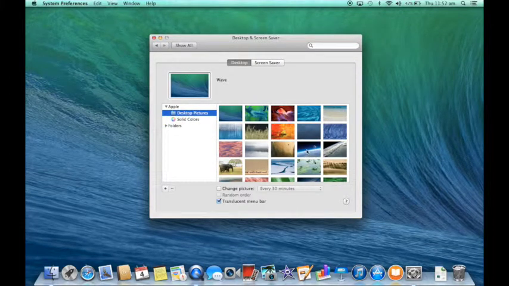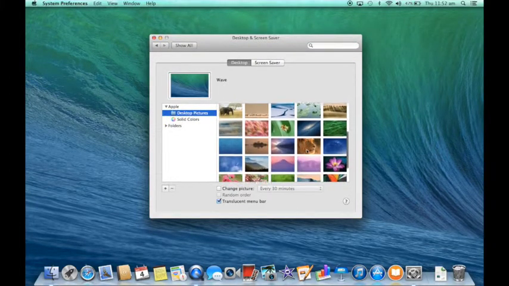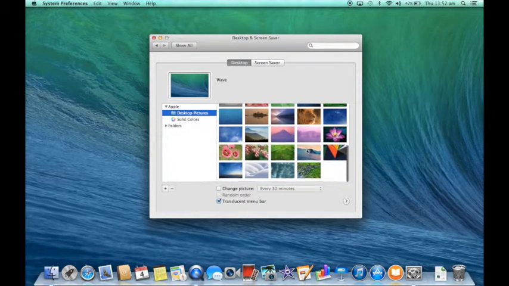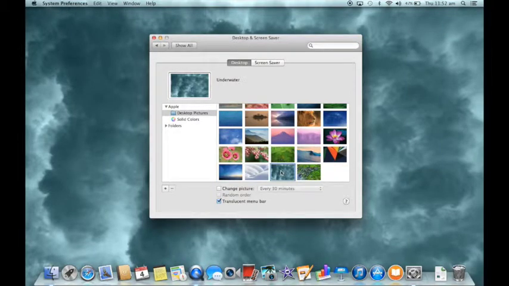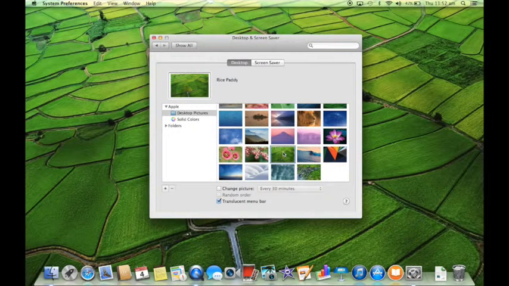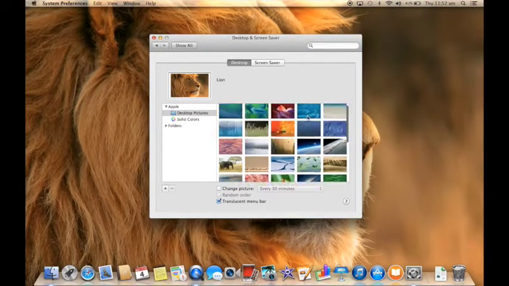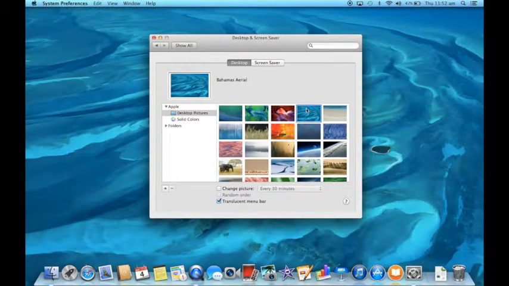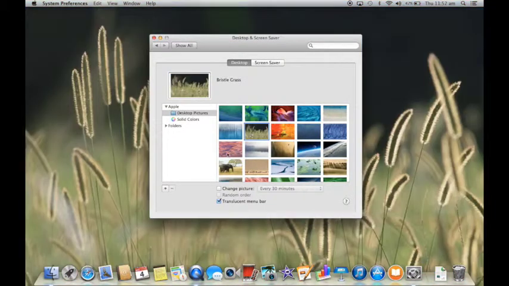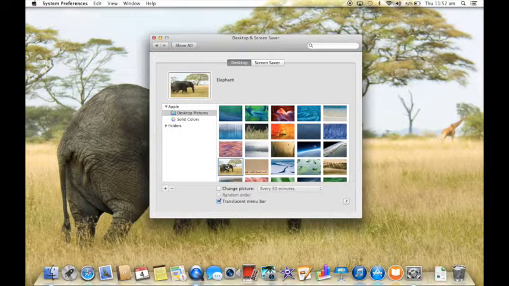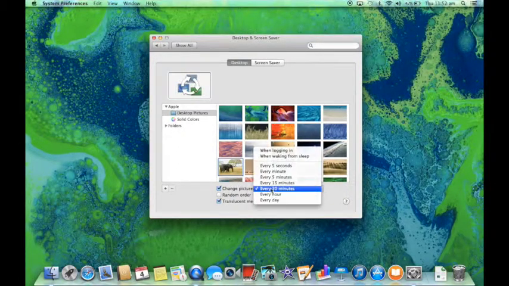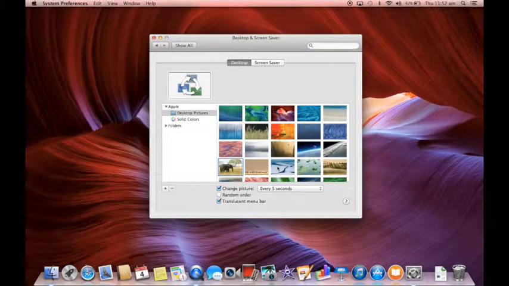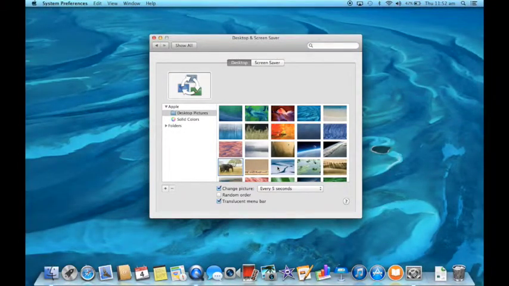So if you've chosen one that you like, let's say I'm going to go with this little one here, clouds, and it changes it straight away. So if I like the fields one here, that's kind of cool. There's a lion, he's looking good. Another water one here. So you can choose pretty much any one that you like, and it puts it straight away in there. Now you can also click this to change the picture. It'll change it every 30 minutes or however long you say. Like I'm going to choose 5 seconds, and you see it changes just automatically. You can randomize the order of it,